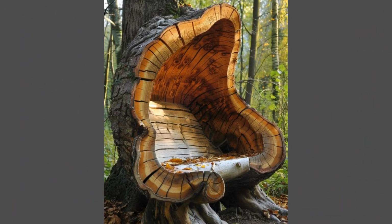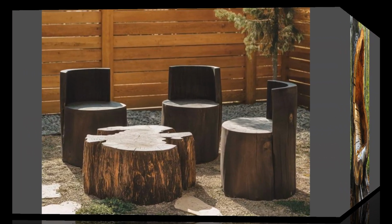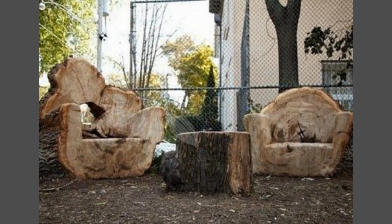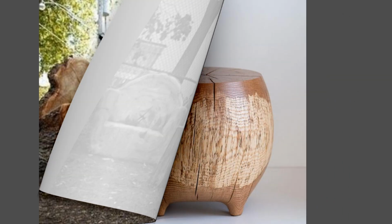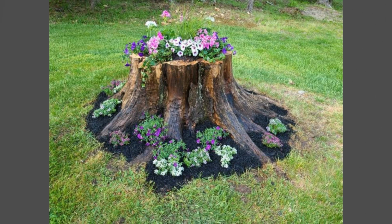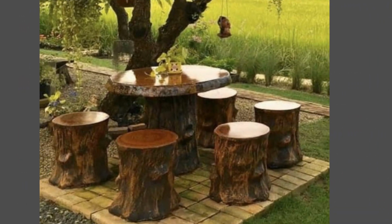One of the most popular uses of tree stumps in design is as coffee tables. With their sturdy structure and organic forms, tree stumps serve beautifully in living rooms as low-profile coffee tables that act as both functional surfaces and conversation starters. Some designs maintain the raw bark exterior for a rugged appeal, while others are sanded smooth and finished with oils or stains that highlight the natural grain of the wood. These pieces can stand alone or be grouped in twos or threes to create a modular, nature-inspired centerpiece. When polished to a high gloss or paired with tempered glass, tree stump coffee tables gain a modern twist without